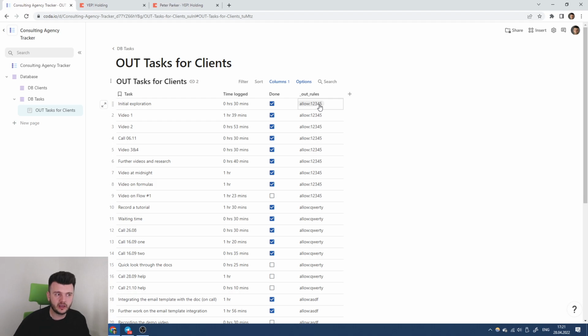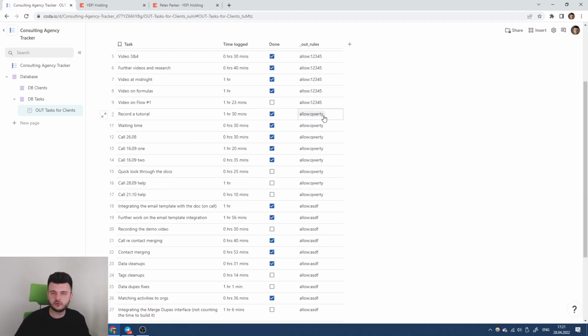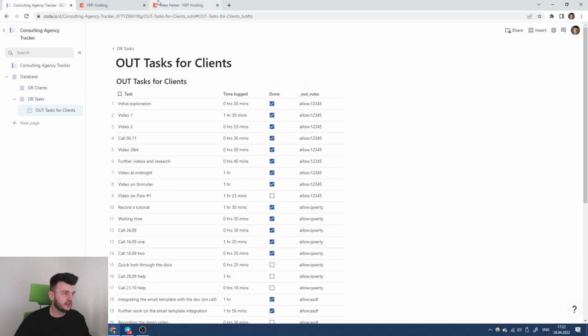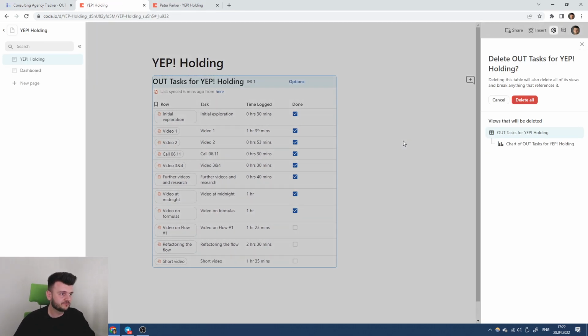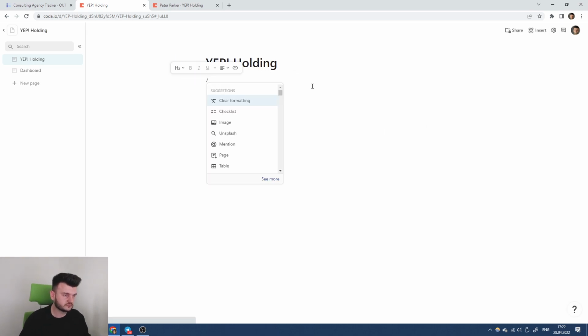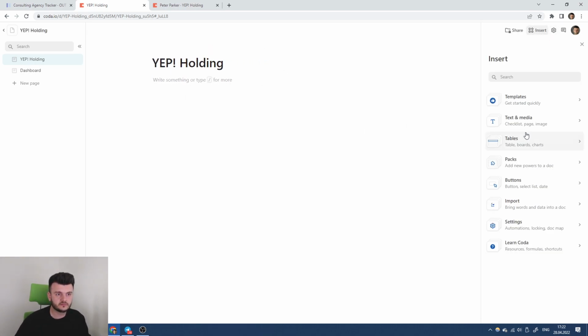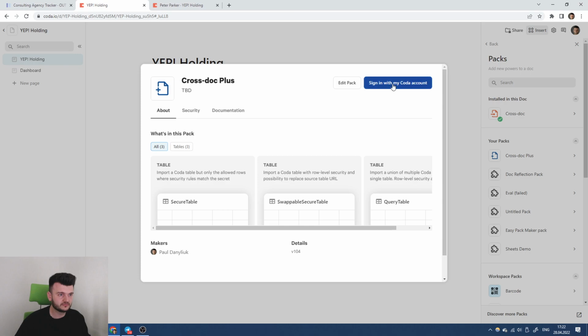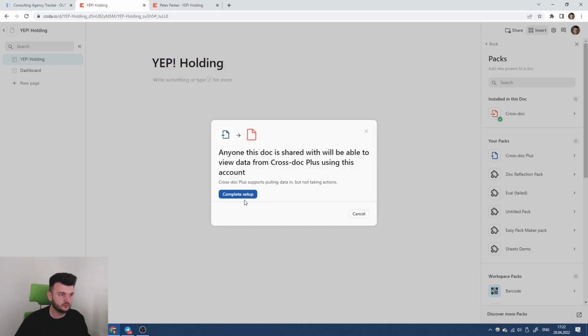So allow to anyone who has the secret, the password 1, 2, 3, 4, 5, allow to anyone who has the password QWERTY, allow this row to the ones with the password ASDF. And now in your Yip Holding, you can get a CrossDoc Plus, sign in with my account,